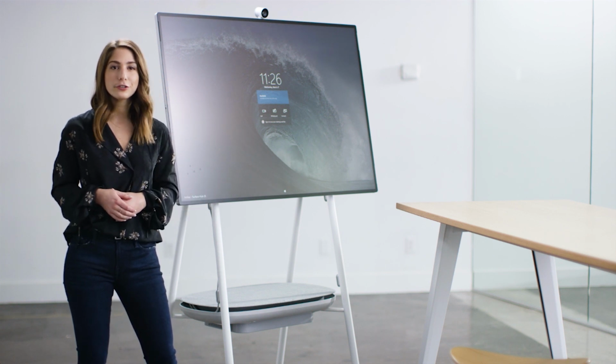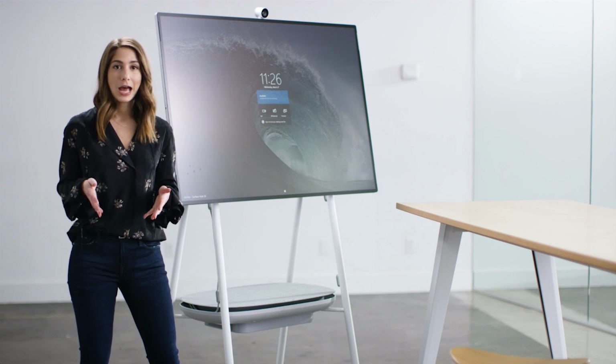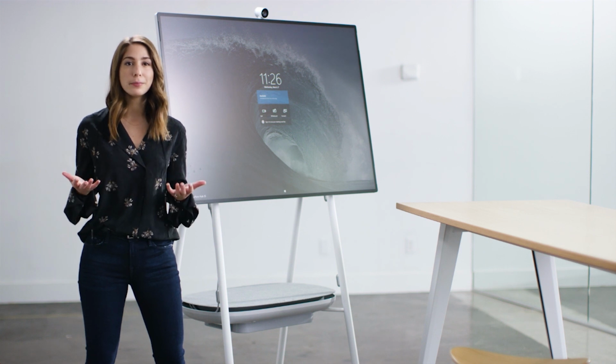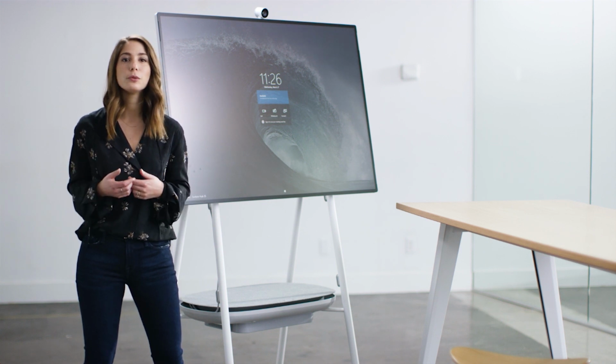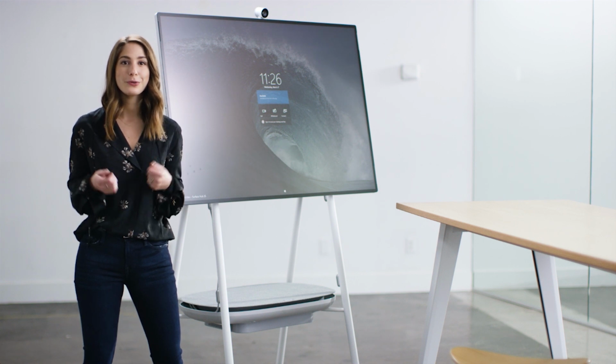These are all frictions that stand in the way of teams staying in their flow. And with Surface Hub 2S and its software experience that's really custom built for teamwork, we hope to remove these frictions so there are no boundaries to group flow. Pretty powerful stuff. So with that, I'm going to pass it over to John to go through our core product